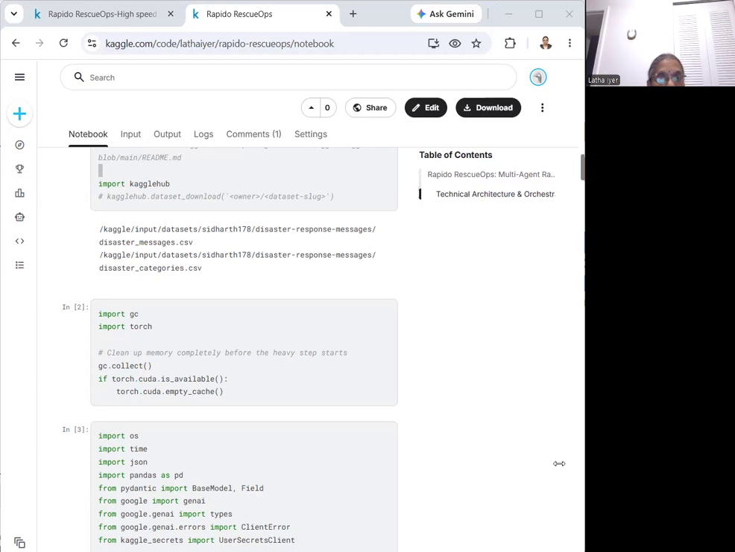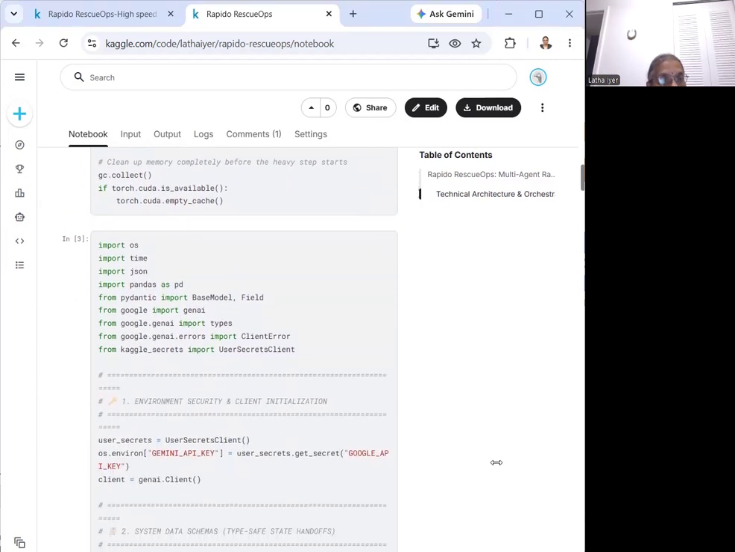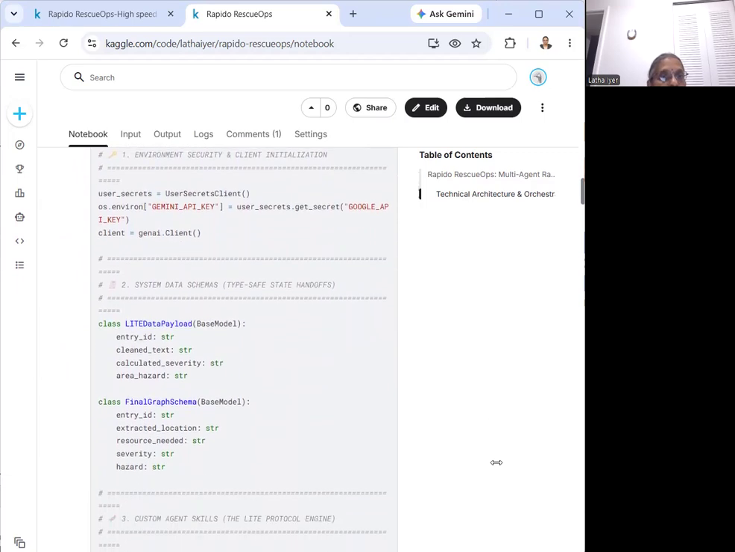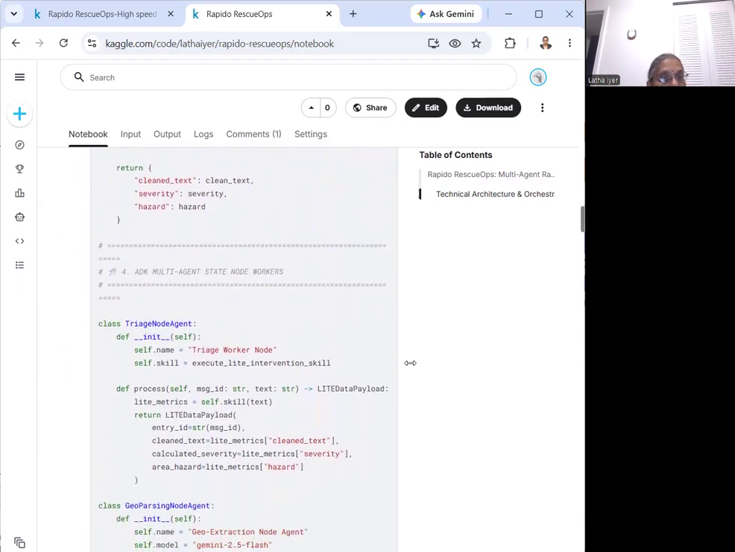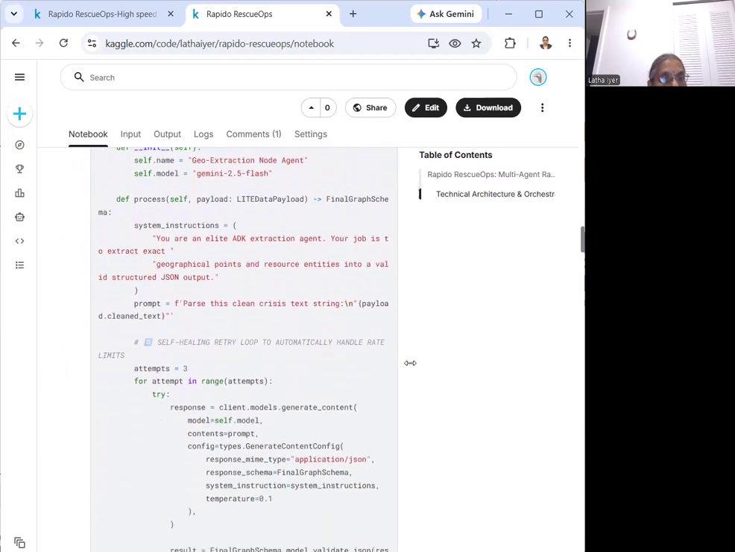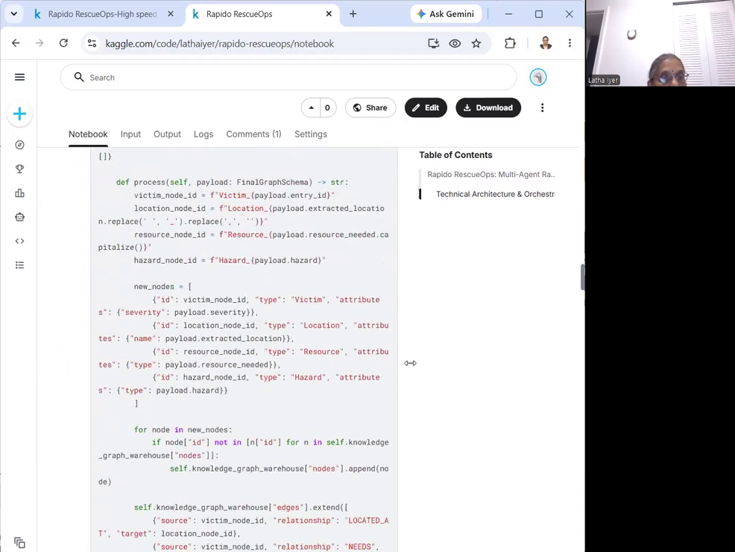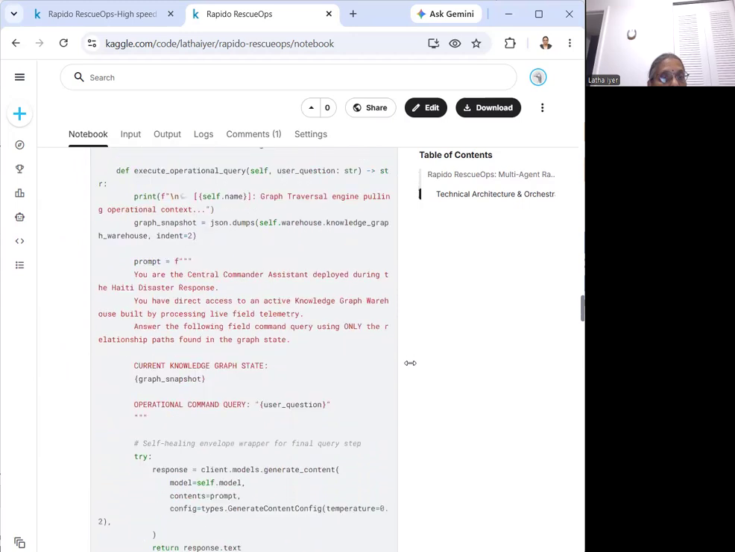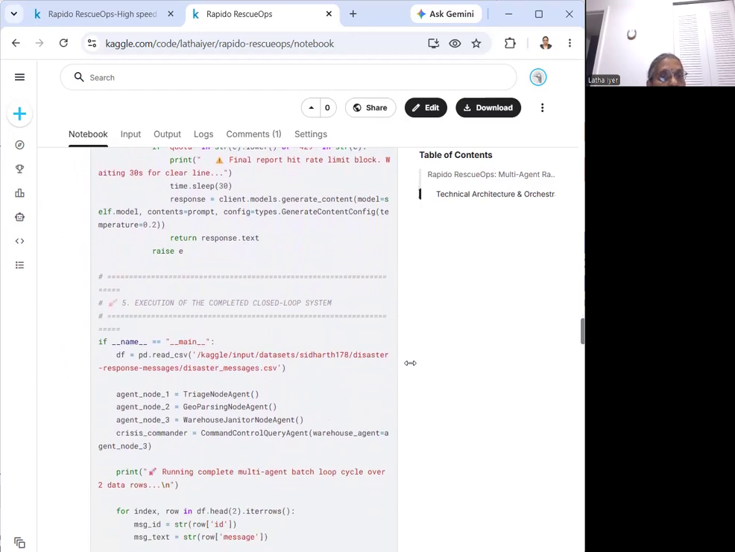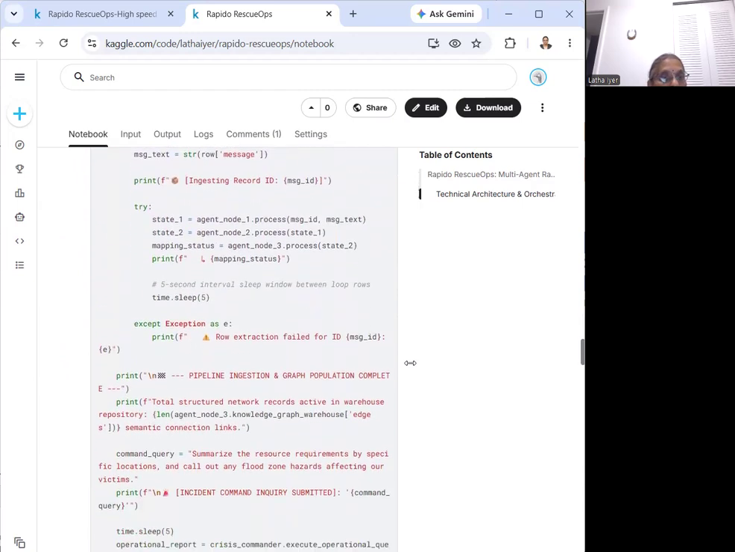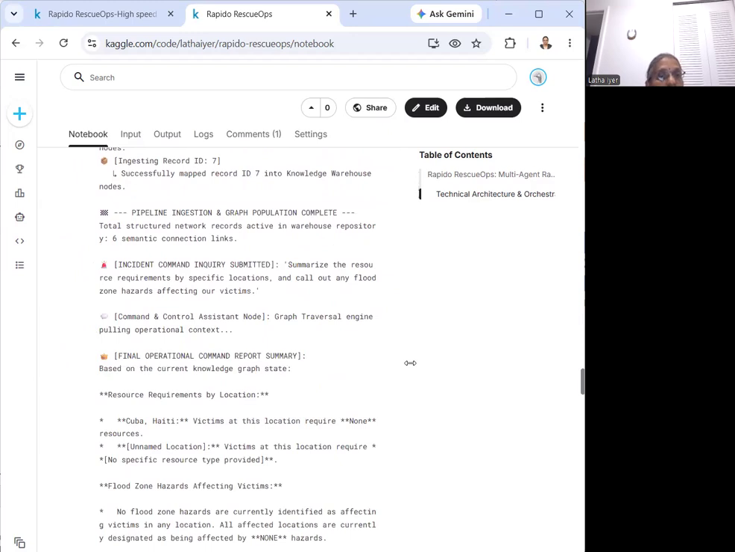These are the libraries that are defined in the code, and you will see the security aspects of it being taken care of, the data schemas that are defined, and the classes that are also defined and processed. And we also come to the major portion where we have a complete closed-loop system which is getting executed, and it generates an output where it talks about the various nodes and the command nodes and the affected victims, the status, and the